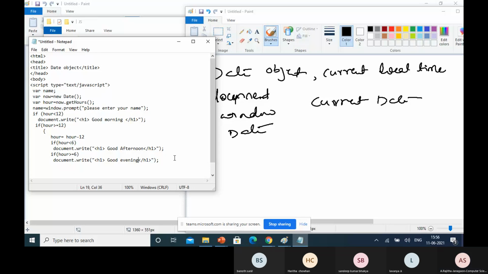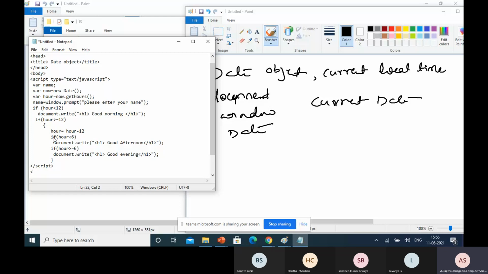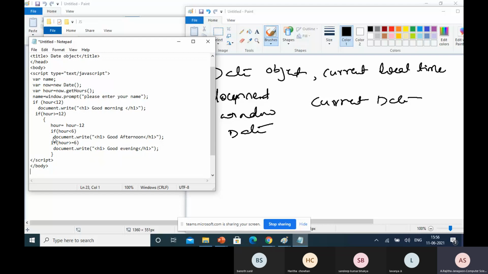Fine. Close this, close the script tag, close the body tag, and close HTML. Now save this application.